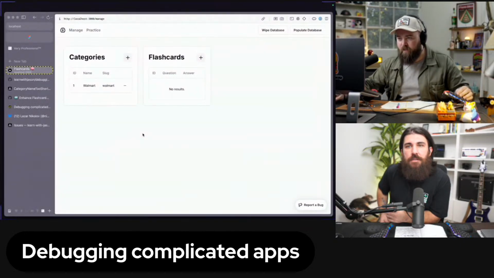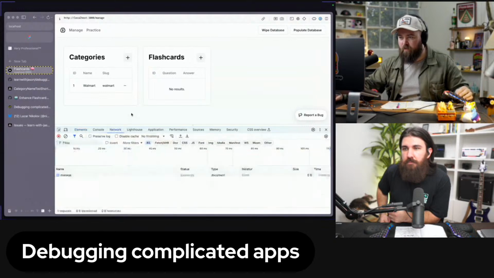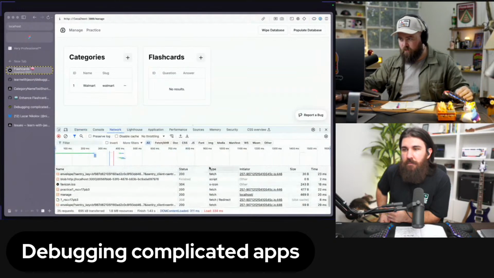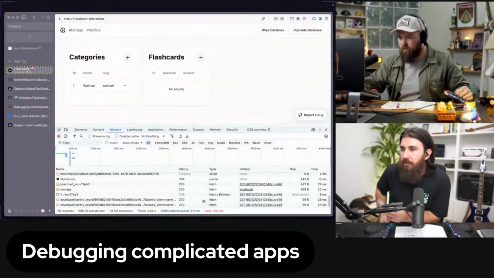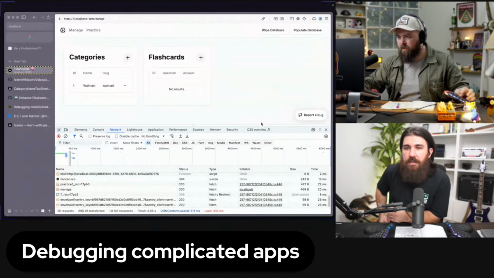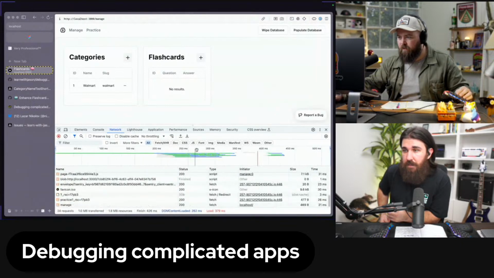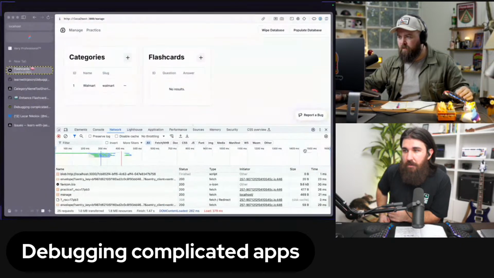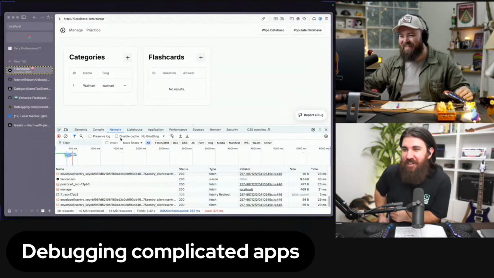Let me get the network tab up so we can see what's going on. We got something hanging. What should be like 4+ seconds. That should be like the main request. Or it's not. Did I not push this? We'll see.